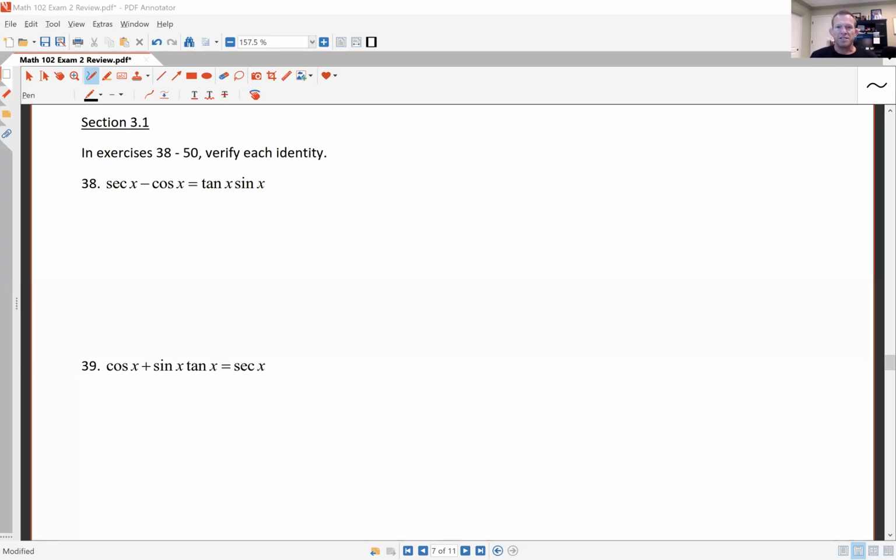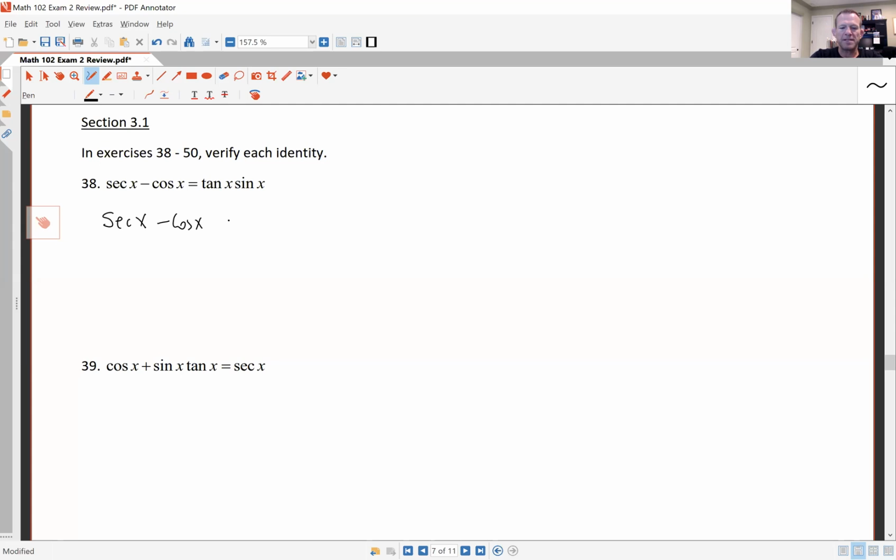This video covers section 3.1, part 1, review, verifying identities. When verifying identities, we typically start off with the left side and try to make it equal to the right side. You can start with the right side and make it equal to the left side, but the way these are typically set up is the left side is the one that's easier to manipulate. So starting with the left side,